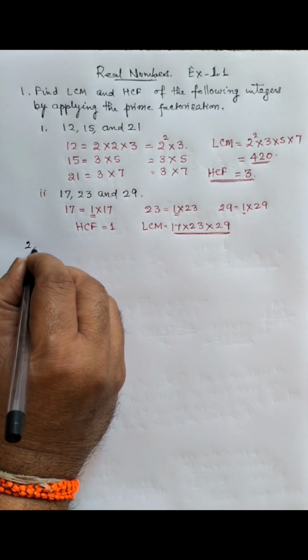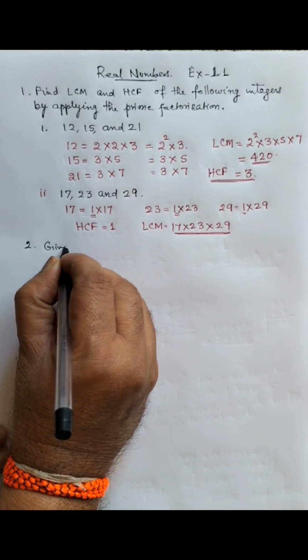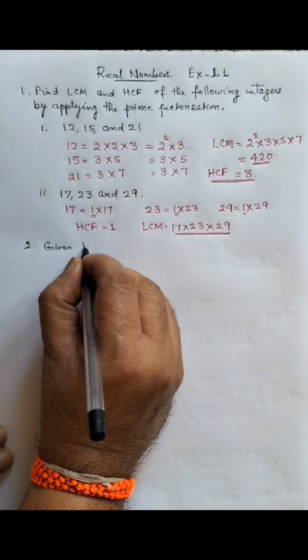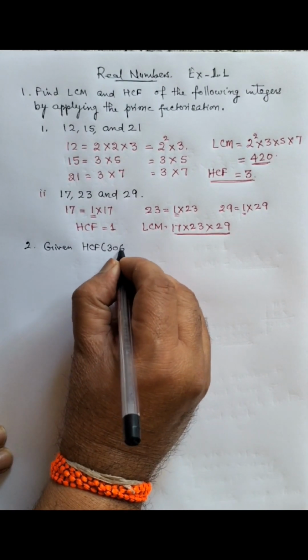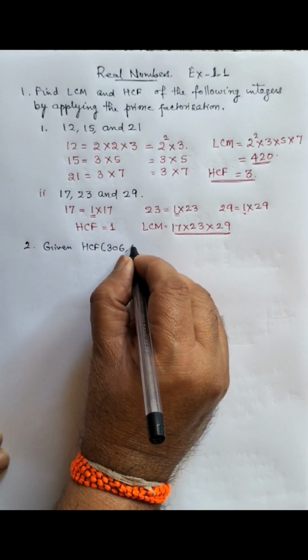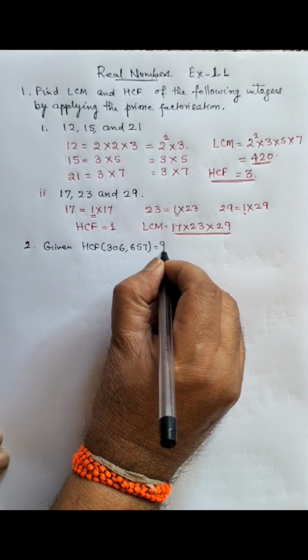Say, second question. Given HCF of 306 and 657 is equal to 9, means